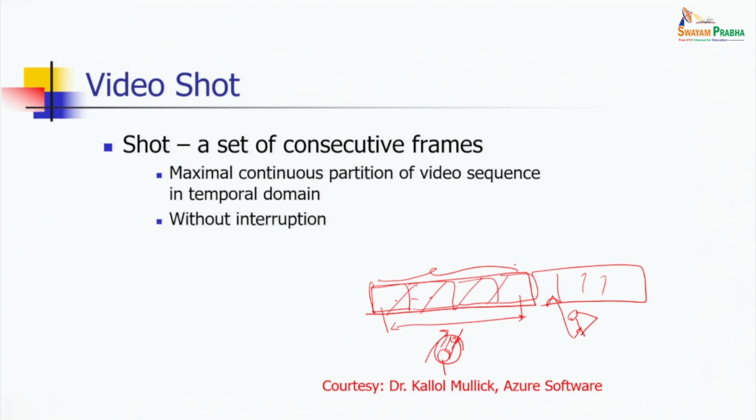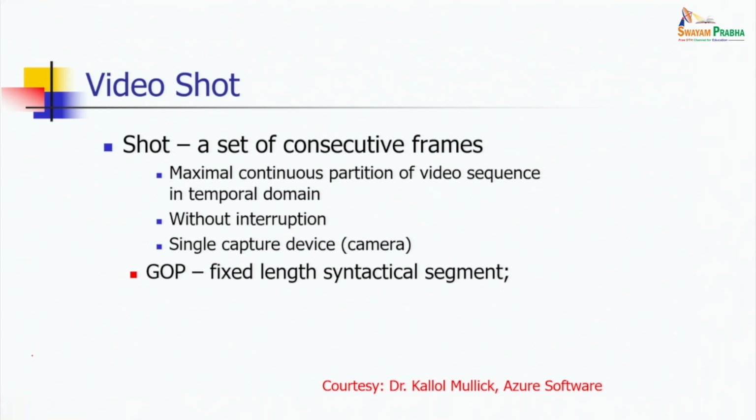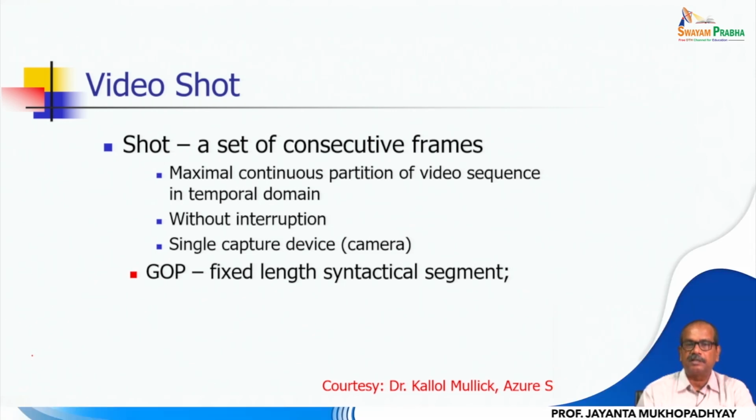And then without any interruption, that means it is a smooth description of a certain story. Then it is also a single capture device. So it has to be captured by a single device like a camera. But when we are doing say video compression, we use the group of pictures concept, which is usually fixed length syntactical segments. That means in a GOP there could again be a boundary. A GOP may contain the boundary of two shots or boundaries of multiple shots. So a GOP does not define a shot. A GOP is simply a syntax for parsing a video